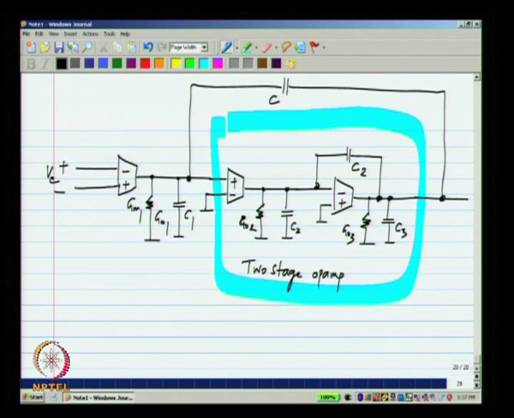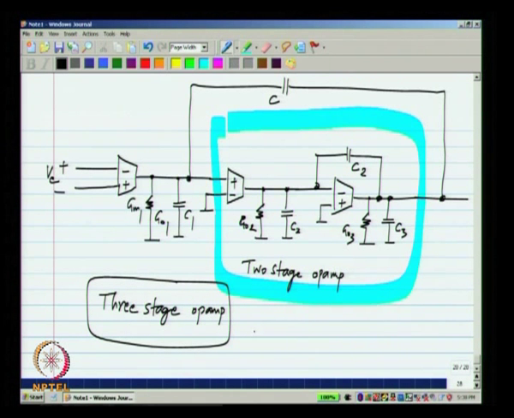Okay. So, all I did was I know that a transconductance driving a current controlled voltage source gives me a good op amp, and how do I make the current controlled voltage source? I made it with the best op amp I have now, which is the 2 stage op amp. Now, this entire thing will give me the three stage op amp. Okay. And in fact, we can go further. In practice, it is not done, although you can have even 4 or 5 stages, right, and get better and better results.